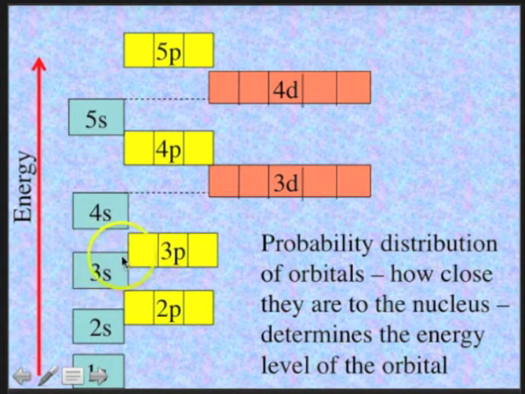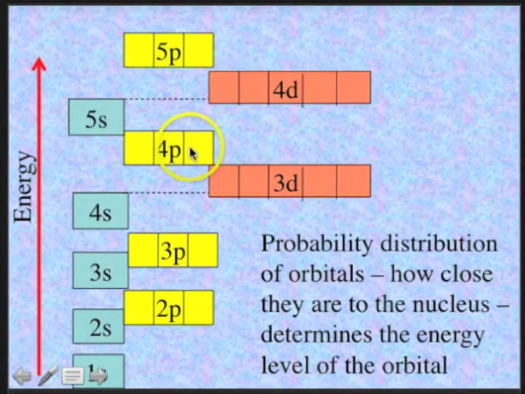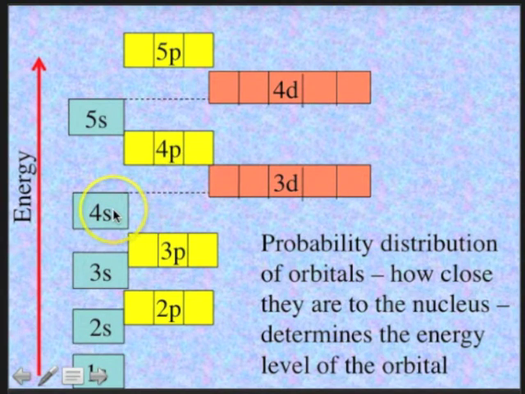Then the 3s, the 3p, the 4s, and then a surprise. The 3d has a lower energy than the 4p, but a higher energy than the 4s. So first we have the 4s orbital, then the 3d orbitals, then the 4p orbitals,